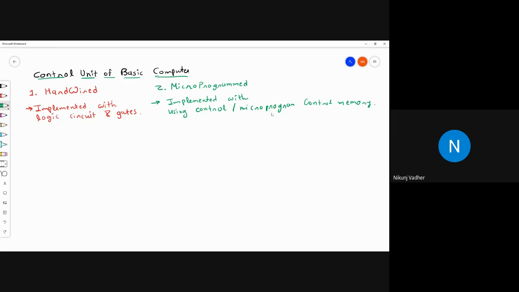So the hardwired control unit is implemented using logic circuits and gates, while the microprogram control unit is implemented with the help of the microprogram control memory.